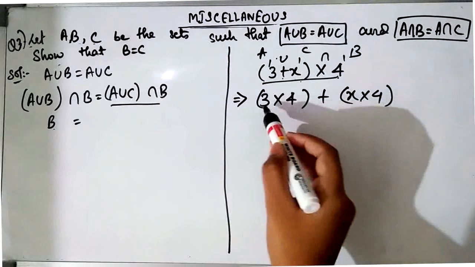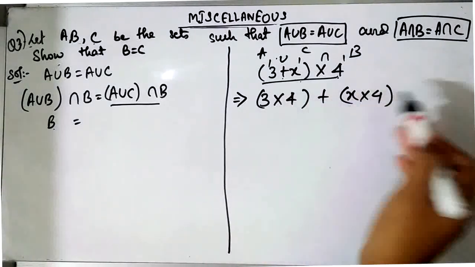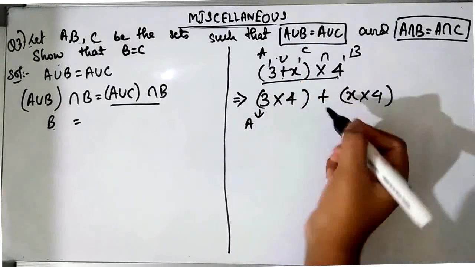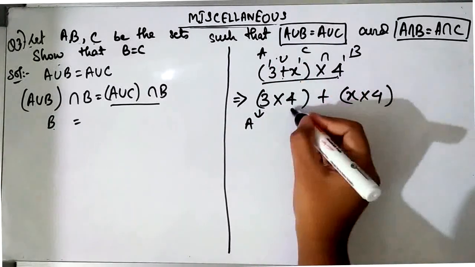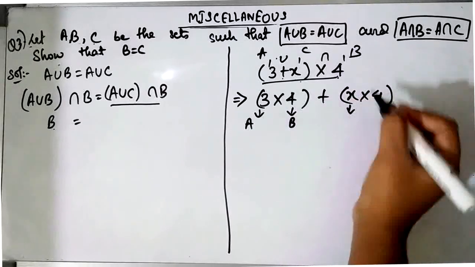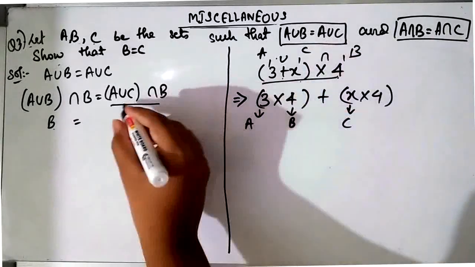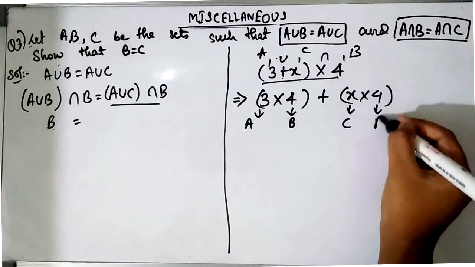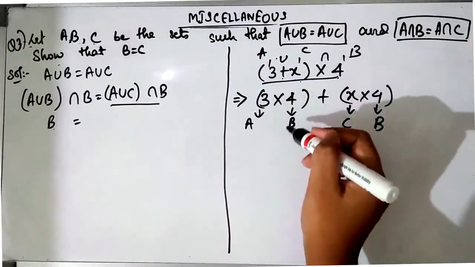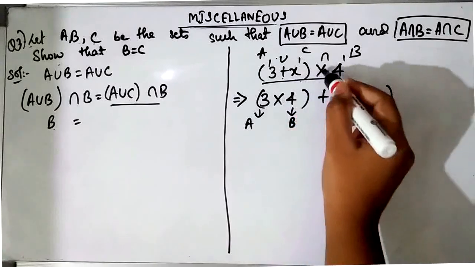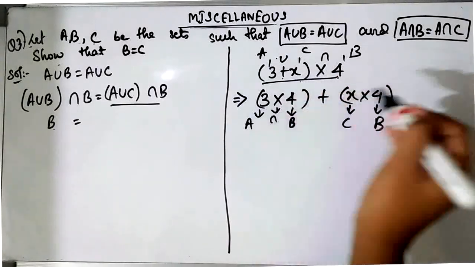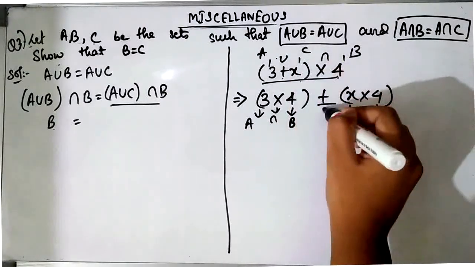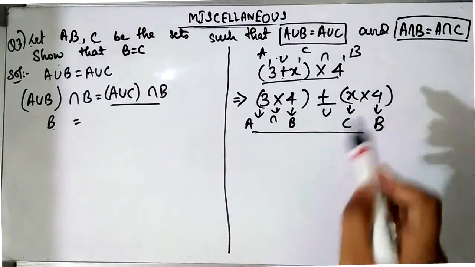Okay, so what we get in our next step is 3 into 4 plus x into 4. Now if you check, 3 was our set A and we assumed 4 to be our set B, then we assumed x to be our set C according to this. We compared this to this. And what was our x symbol, that is into symbol? Into symbol was nothing but intersection. And what was our plus symbol? Plus symbol was nothing but union. So this will be your final.